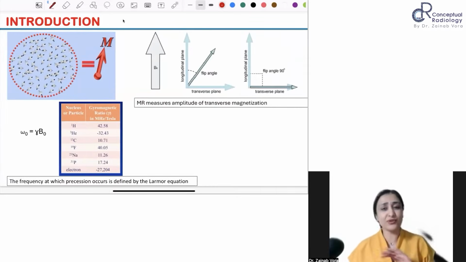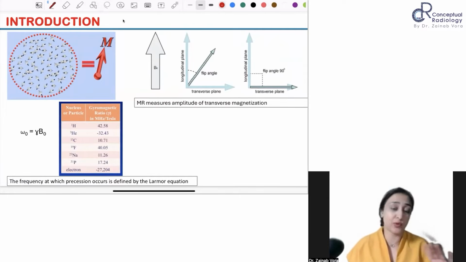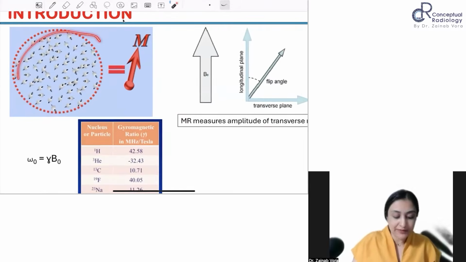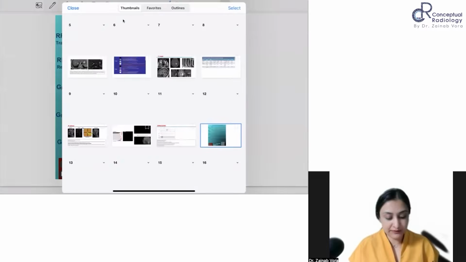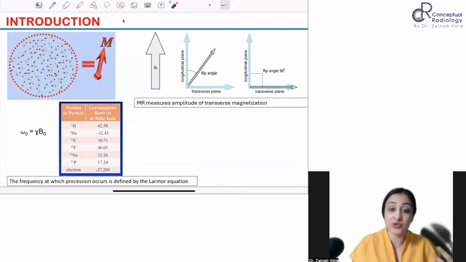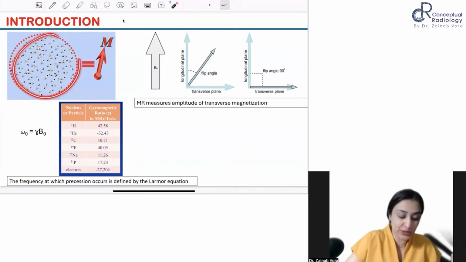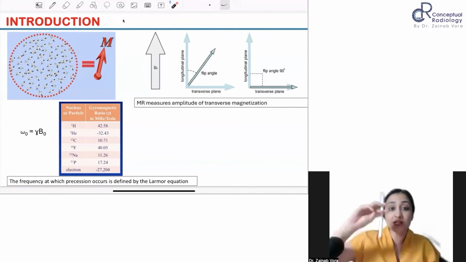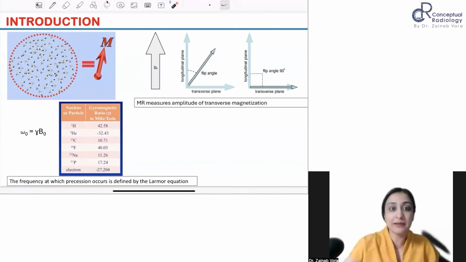So I'll start off with the very basics of how we get a signal. This is very important for the most junior people who have no idea about what happens in MRI. We have a lot of protons in our body which are all spinning on their own axis. So what happens when a charged particle like H plus, the nucleus of which spins on its own axis? Any charged particle that spins generates a magnetic field around itself. So there are these tiny, tiny magnets floating around in the body. But they are all spinning in different axes, so their net magnetic vector becomes zero. It all cancels each other out, right?